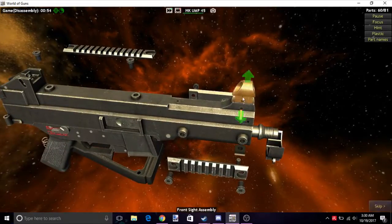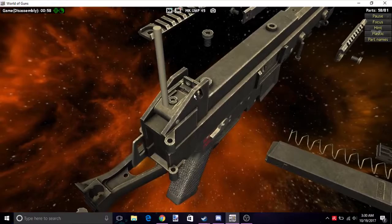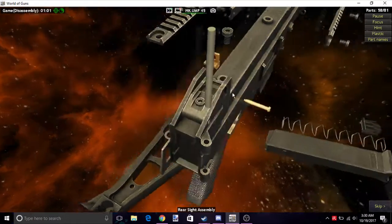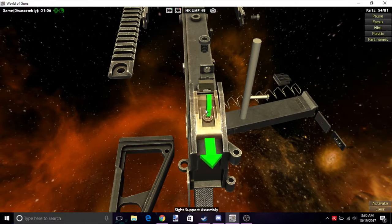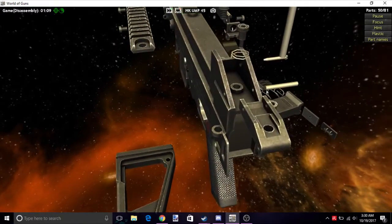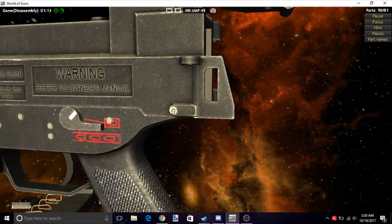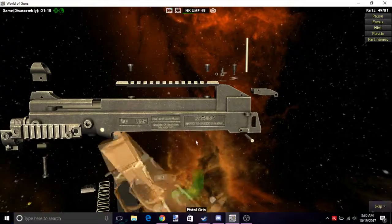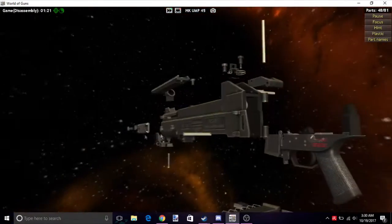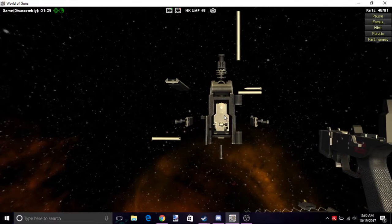Now we're going to take off the front sight, and for the rear sight, I'm going to take off the sight piece, then the flat springs, what that's called, and then the final assembly. Next we're going to go to the side of the gun, either side, and take out this locking pin back there. Now we can take off the pistol grip,